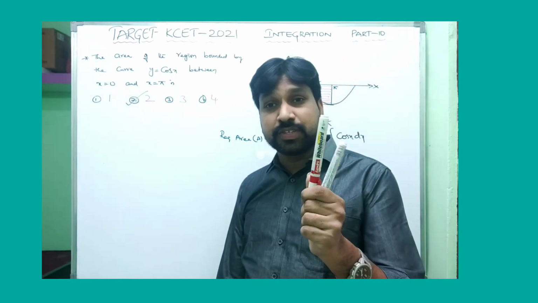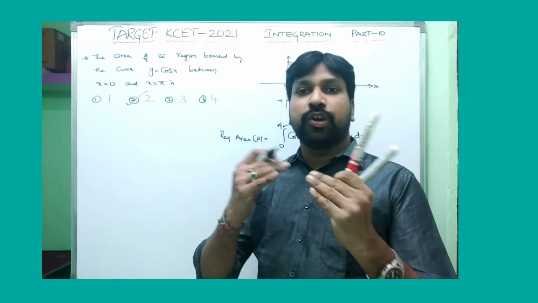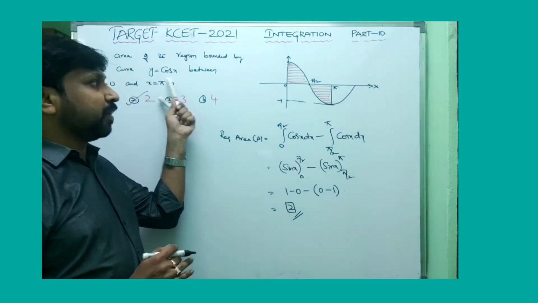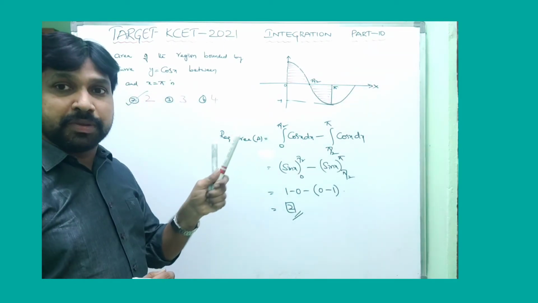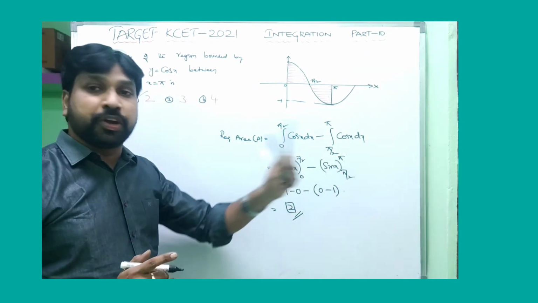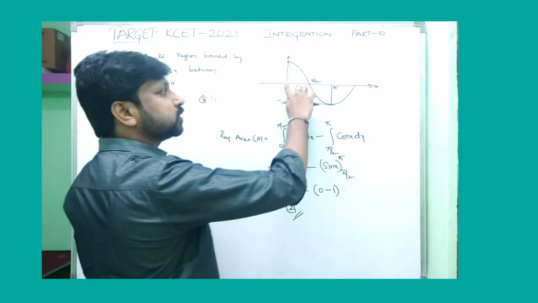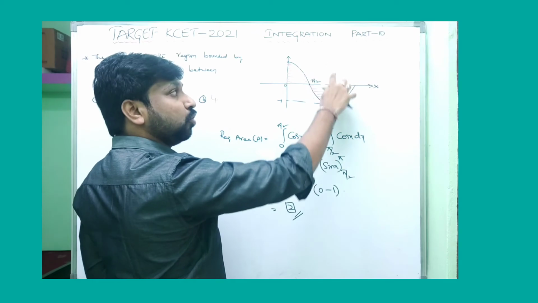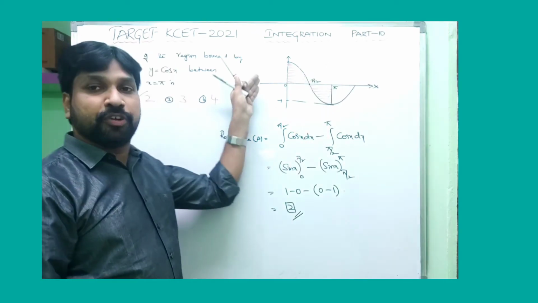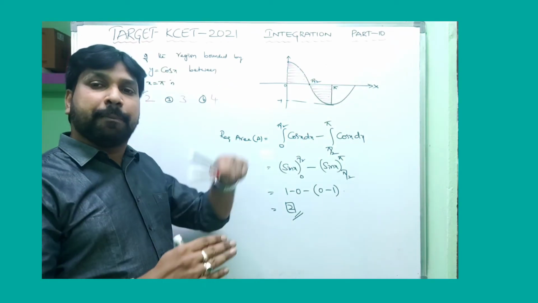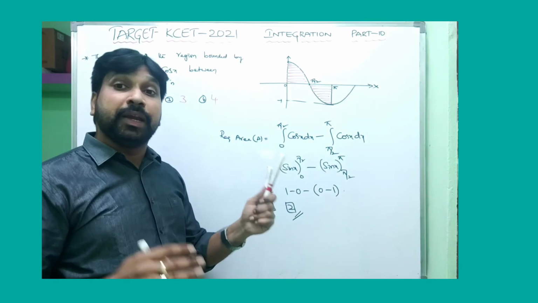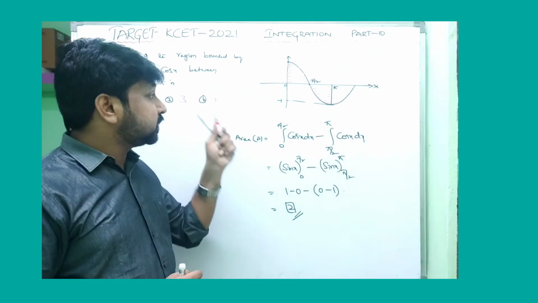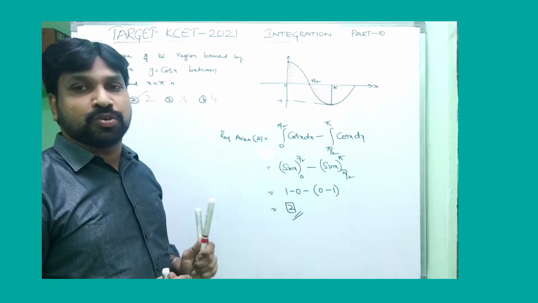If it is a mixed curve, sin x and cos x, somewhat you need to calculate. Also, here, instead of cos x, if sin x is given between the limits 0 to pi, that time we are not going to split into two parts. Why? Because for 0 to pi, sin x is passing through 0, that's what the shape of the curve is. 0 to pi will be completely in the upward direction. So completely upward direction means you can apply integration directly. That's what the graph is, sin x graph or cos x graph. You need to check carefully and solve it.